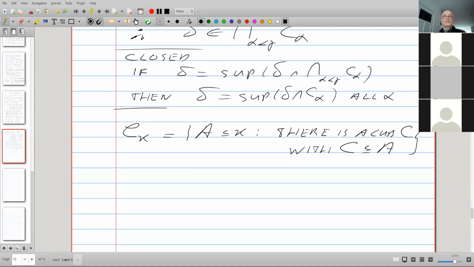I mean, the closed unbounded sets have the finite intersection property, even way more than that. So they generate a filter, and that is the filter that we're talking about. And what we have just seen is that C kappa is a kappa complete filter.